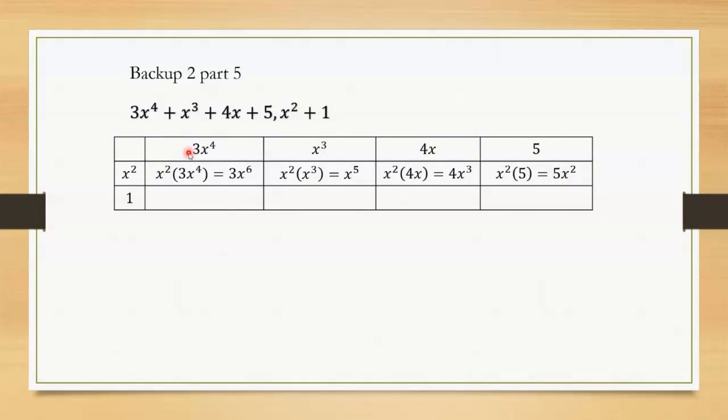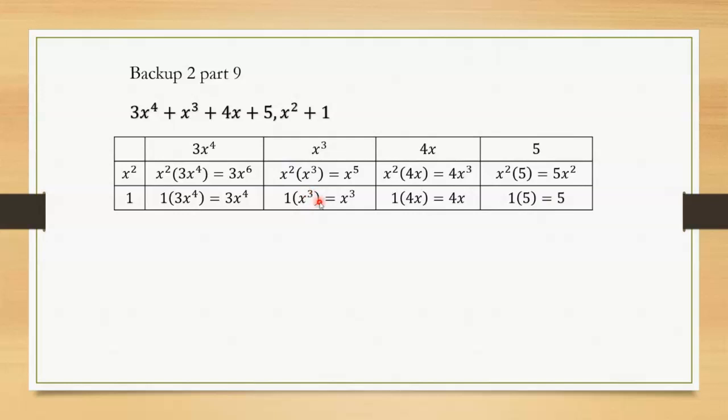1 times 3x to the 4 is just 3x to the 4. Again, I'm doing row times the column terms, okay? So that's how we get this. 1 times x cubed is just x cubed. 1 times anything is itself, so we get 1 times 4x, 4x. 1 times 5 is 5. So we have all these entries we just filled in. What's next? We add them up